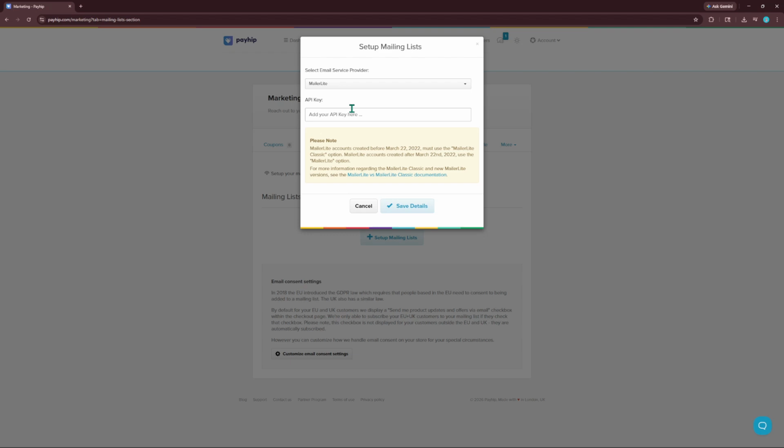And there you have it. You've successfully connected MailerLite to Payhip. This integration allows you to automatically sync your Payhip customers with your MailerLite account, ensuring that your email marketing is both efficient and impactful. Before wrapping up, it's worth mentioning that with this setup, you'll be able to send targeted